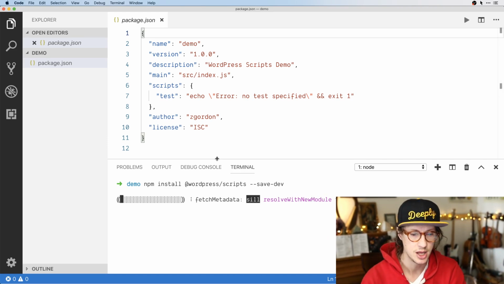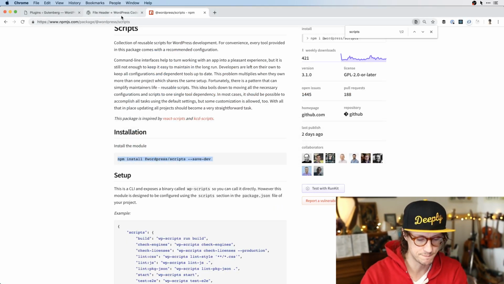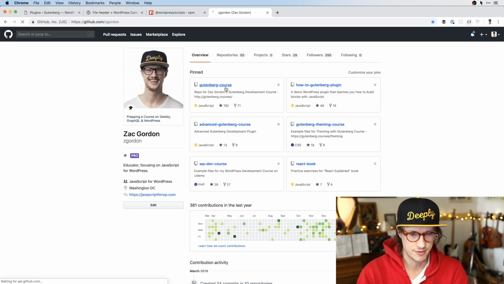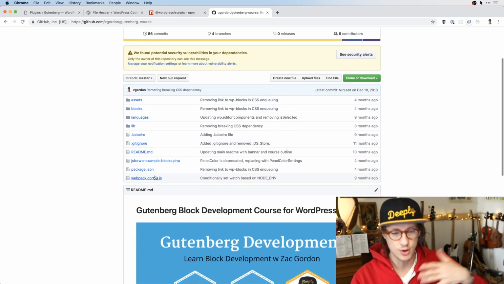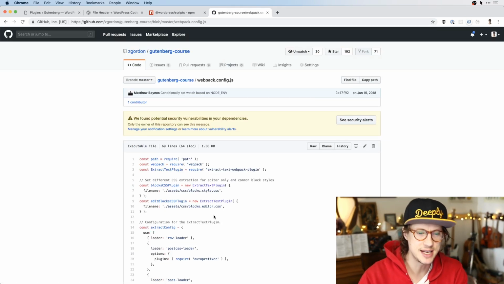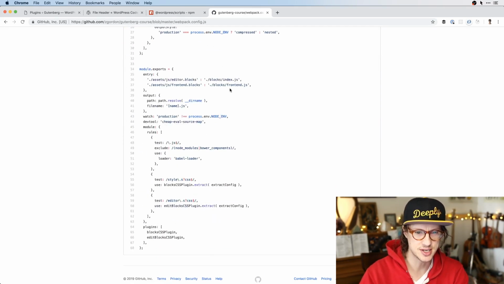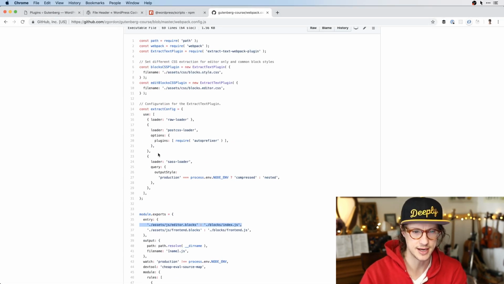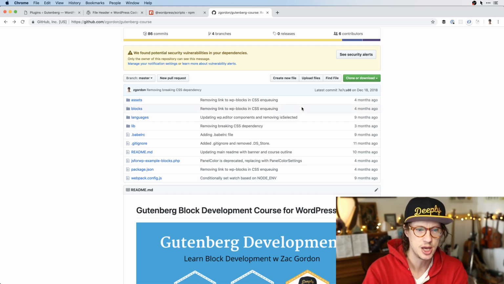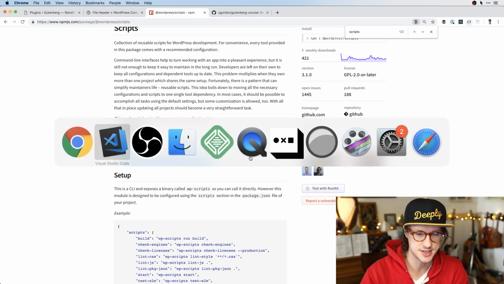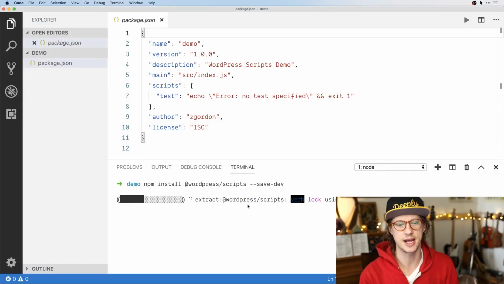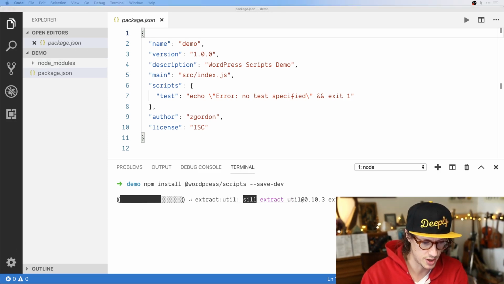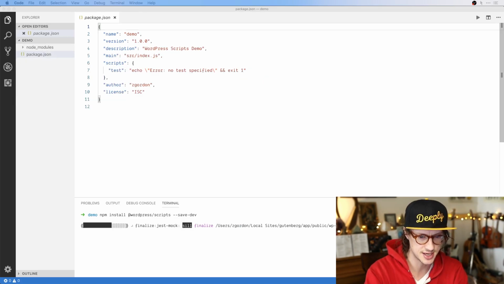Now, if you've taken my course before, you know that, I'll just pull this up real quick, that there's a bit of tooling involved. So historically there is even more. It keeps getting simpler, but we still have needed this Webpack config to basically just get our blocks running. And it's doing a lot more. It's got front-end code running, and it's got CSS processing, which this script is not doing at this time, but it is simplifying getting a basic block up and running. So that's what I want to go over here once it finishes